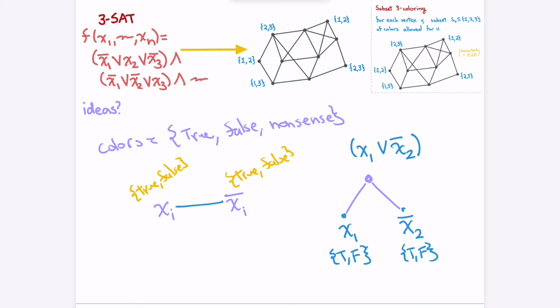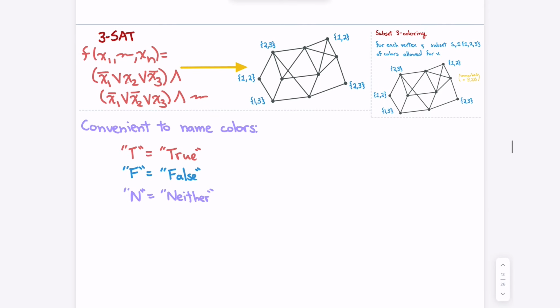So is there a subset that I can assign to this vertex? So this vertex is colorable only if I don't choose false false. Okay, if I did nonsense and false, okay. Now the catch though is if I did false false, I can still color it nonsense. And if I only did false up there, then true false I wouldn't be able to color either. So okay, that doesn't quite work either. But if you keep going,